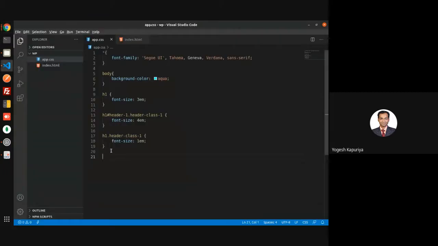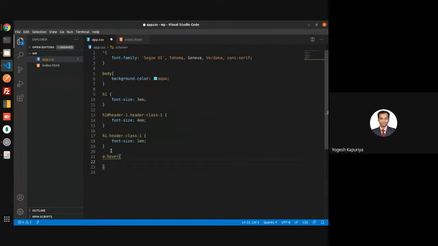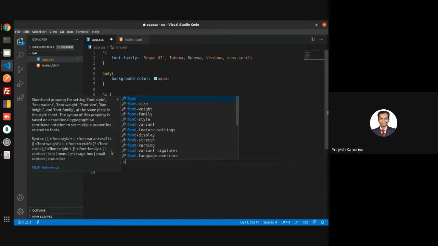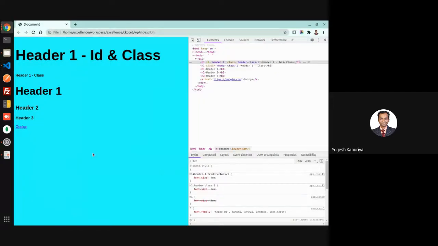Now a pseudo class means a class which is applied by some status. So let's say something like this. Now if I go over there, it will change the font size when I take the mouse on it. That means it's a hover event. So hover is basically known as a pseudo class.